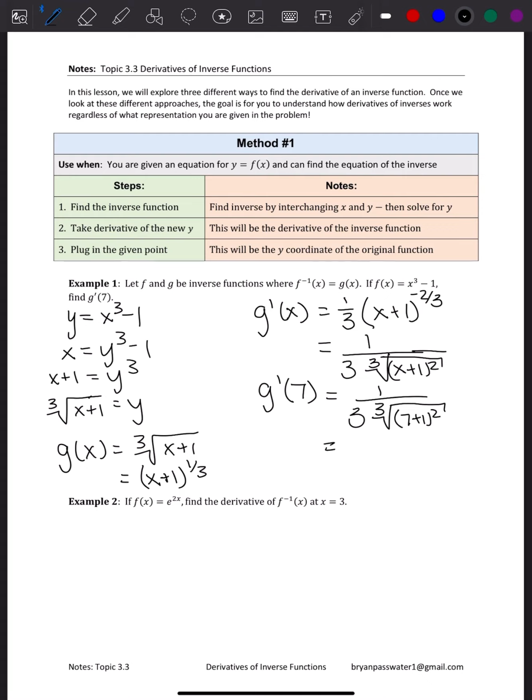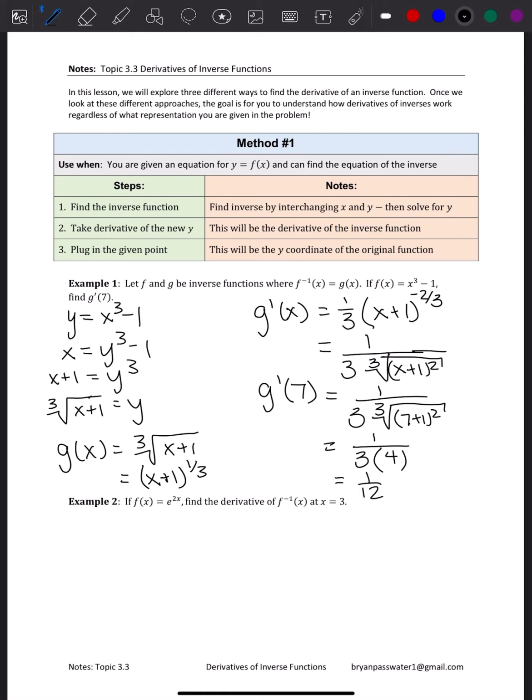If I square 8, I get 64. If I take the cube root of 64, I get 4. So this is going to be 1 over 3 times 4, which happens to be 12. One of the reasons why this method is not necessarily the best method all the time is because it